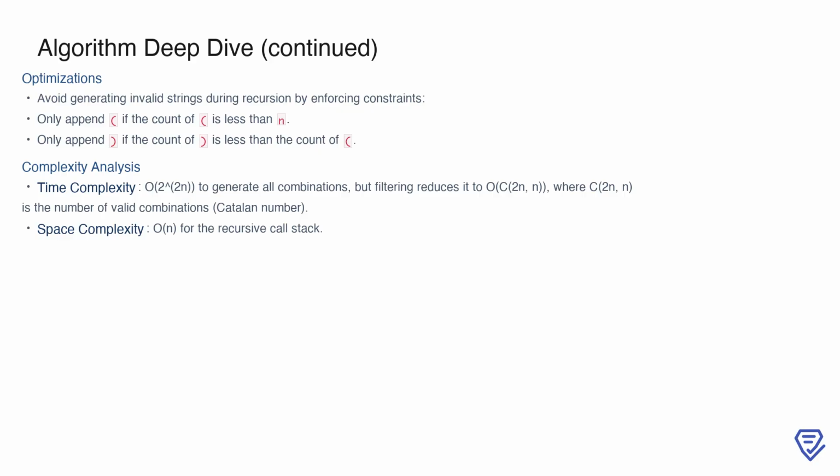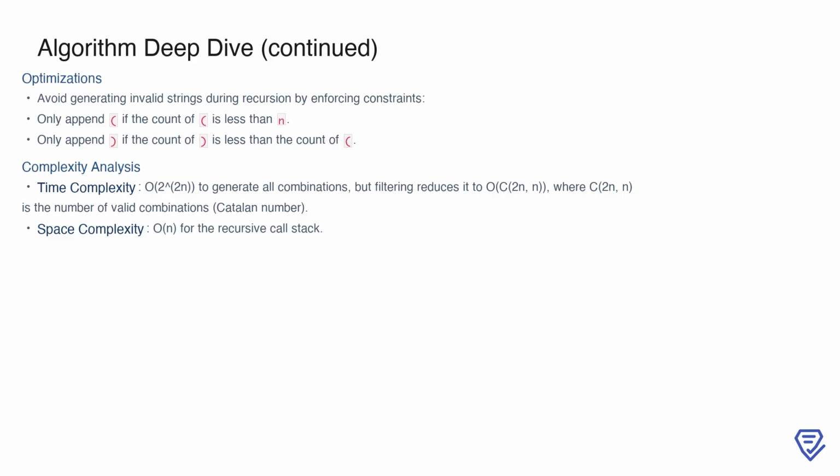This can be done by enforcing constraints during recursion. Specifically, we only append an opening parenthesis if the count of opening parentheses is still less than n. Similarly, we only append a closing parenthesis if the count of closing parentheses is less than the count of opening parentheses. By enforcing these rules, we ensure that every string generated during the recursion is valid, eliminating the need for